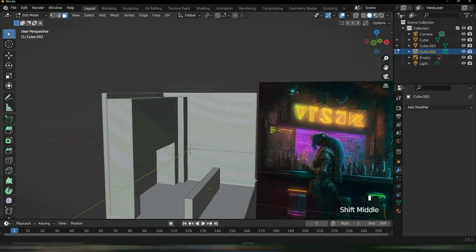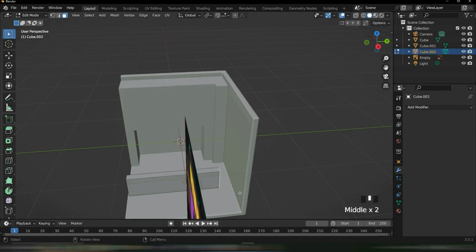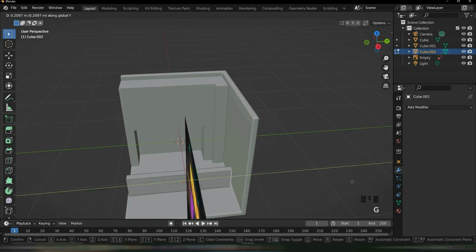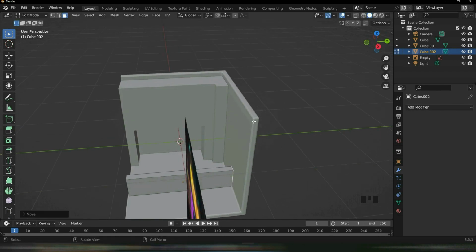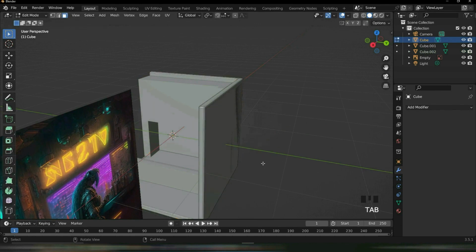Though I have to say it would need to align with the wall here. So let's do GY until it meets the wall. There we go. And what we have to do with this wall, go into object mode, select the wall, edit,